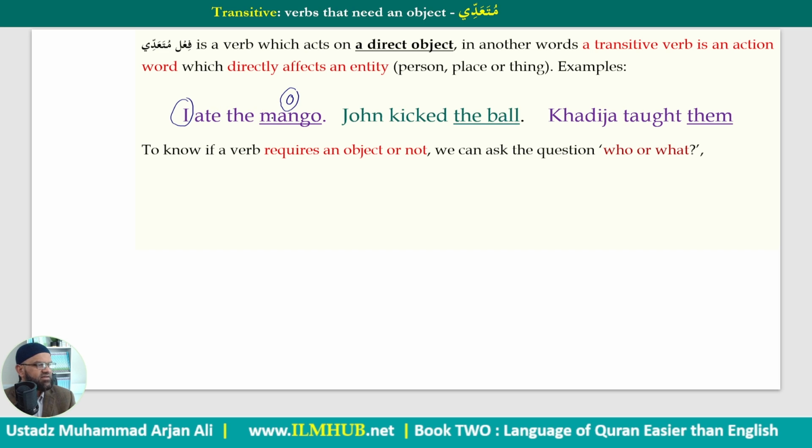I ate the mango. John kicked. What did John kick? The ball. So this is our object. Khadija taught. Who did Khadija teach or what did Khadija teach? So again, we got taught them. That is our object. Now, of course, in English it is easy because of the word order structure in English, but